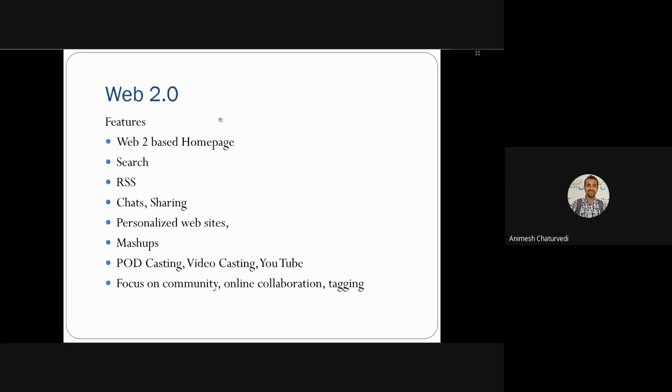So previously what happened in Web 1.0, only HTML pages and some database were linked through those HTML pages. So these two things are only the part of Web 1.0. But as the technology grew and new things came up, the Web 2.0 had search engines, various personalized websites could be created, mashup could be created, means combination of